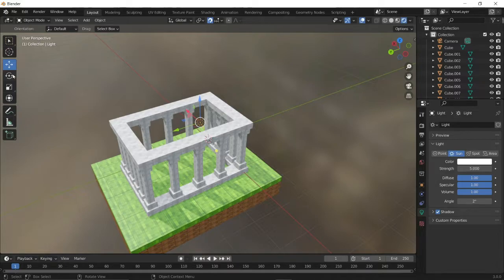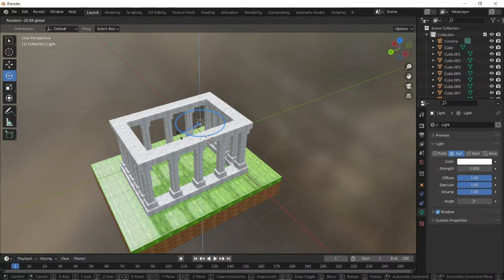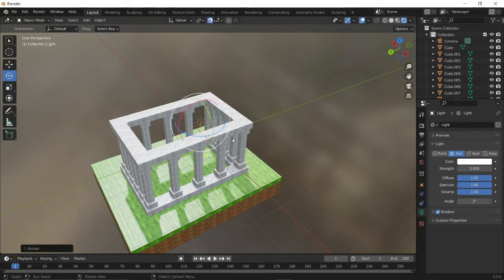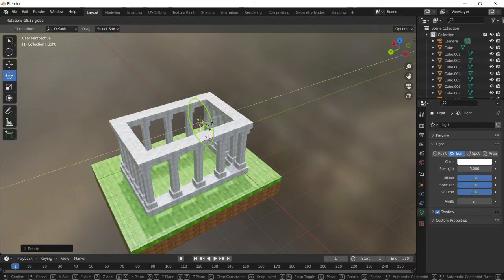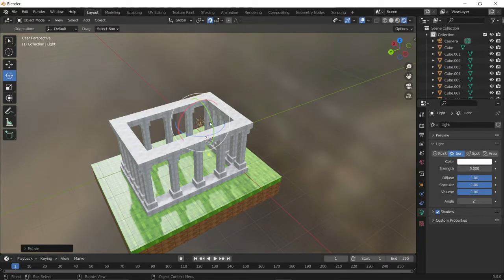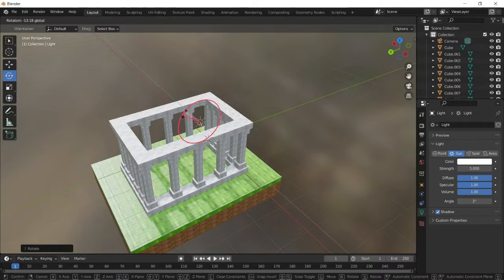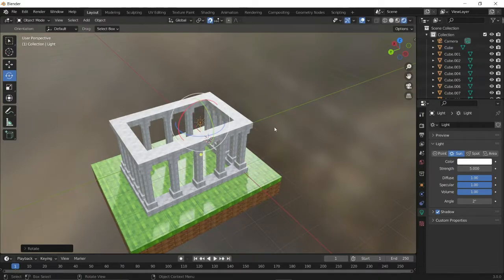Okay. Now I'll adjust the light source so that it adjusts like the sun, just a little bit. Yes, it's fine. It's fine.